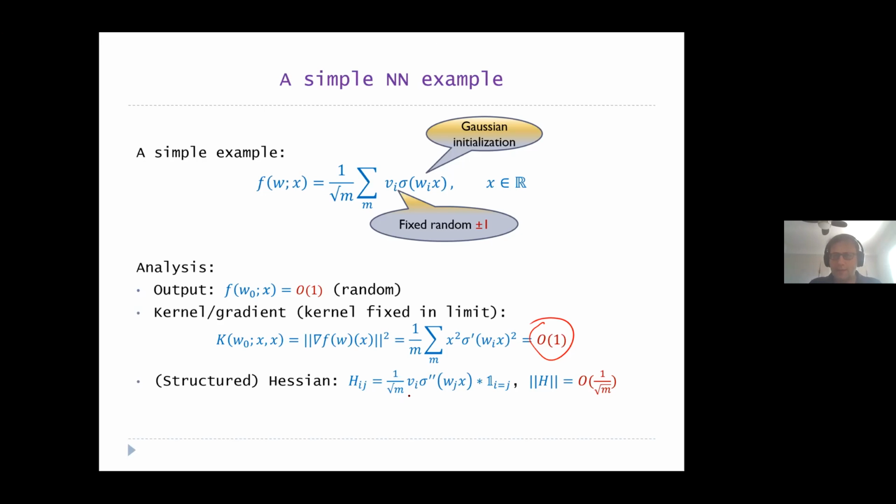So notice that what's important here is that the matrix is diagonal. If the matrix were not diagonal, if it, for example, were a full, dense matrix with the same entries, the Hessian norm would not be 1 over square root of m in general. It would be something like O of 1. So the structure of the Hessian matrix is what makes the norm small. It's not the size of the entries alone. It's the fact that in this case, it's diagonal. In general, it is not diagonal,